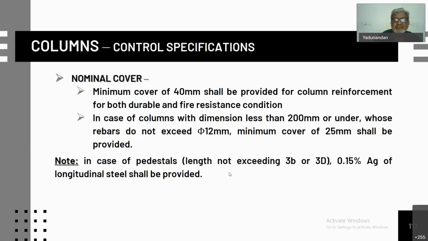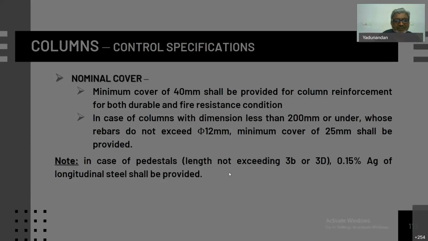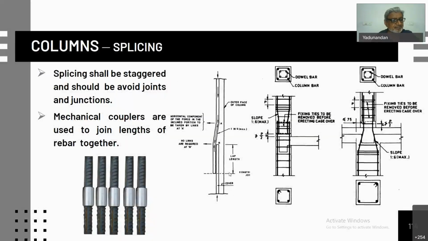The nominal minimum cover of 40 mm is provided as the exposure conditions change. Also, the cover is changed. Similarly, in case of heavy reinforcement problems, if you have spliced the column, you have to stagger the splices and provide them in such a fashion that there is no kinking, and these have to be staggered. If you put one at this point, the other one has to be provided at a higher level,